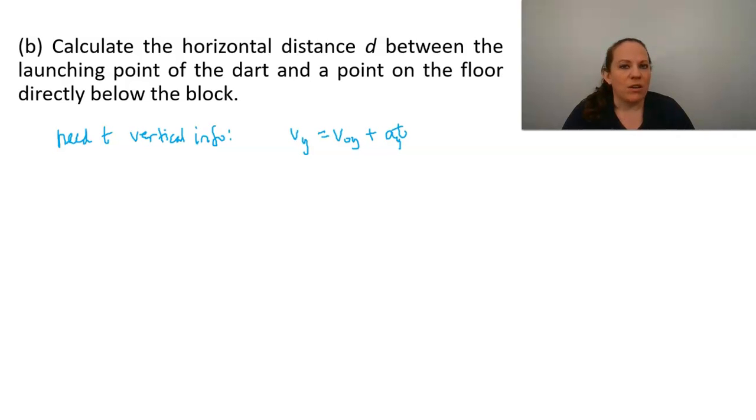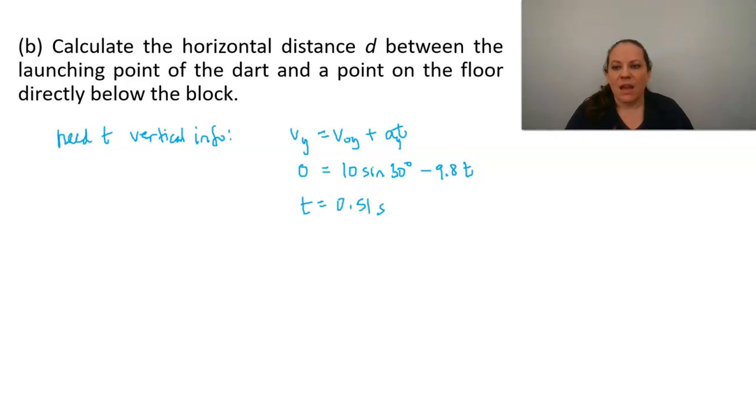Well, remember, our dart's moving only horizontally at the top, so Vy is 0, and it started off at 10 meters per second times the sine of 30 degrees for the y component, and then we'll have minus 9.8 times t, although you can use 10 for the AP exam. And when we solve this out, I'm not going to show you all the algebra, we're going to get 0.51